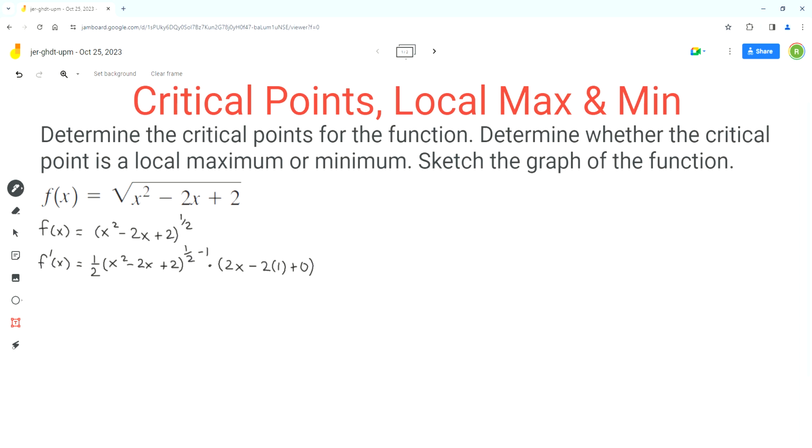Now we can simplify this expression. So f prime of x equals, now we can subtract the terms in the exponent. So half minus 1 is negative half. So we get 1 over 2. And we can simplify the last parentheses. So 2 times 1 is 2, and the 0 goes away. So we get